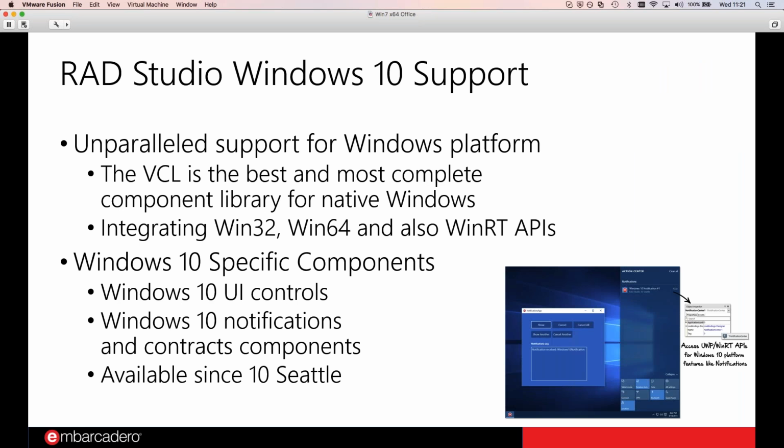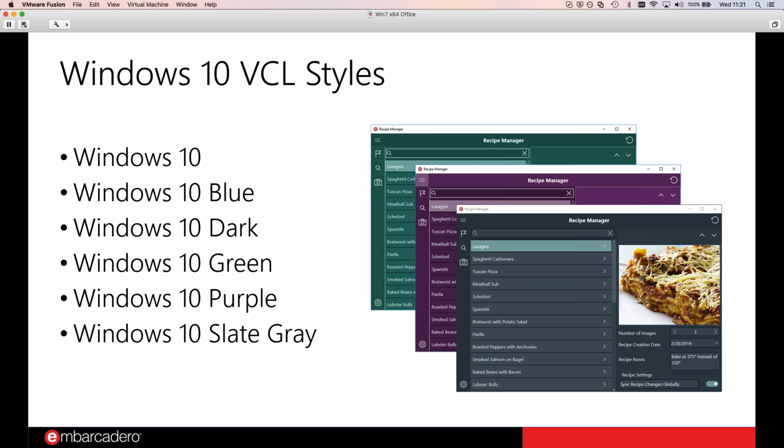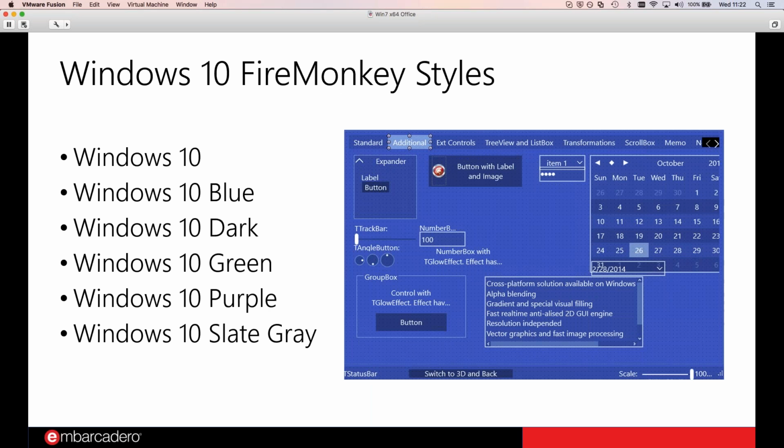There are some specifically Windows 10 specific components for Windows 10, like Windows 10 notifications, and Windows 10 sharing contracts can be programmed on Windows 10. Also, there are different styles to make your application look like Windows 10 application. So for both for the VCL and also for FireMonkey, we have styles, Windows 10 styles, to quickly make your application feel like